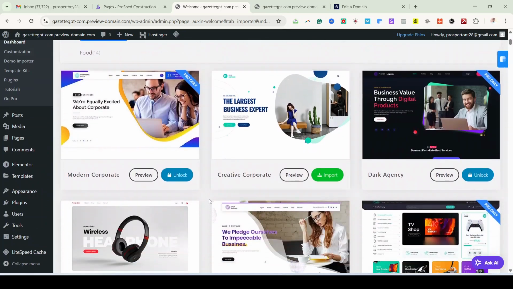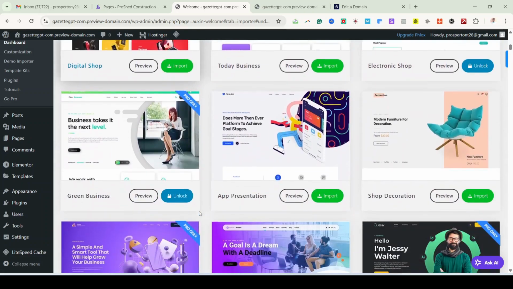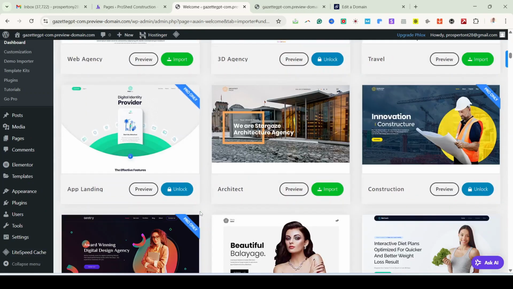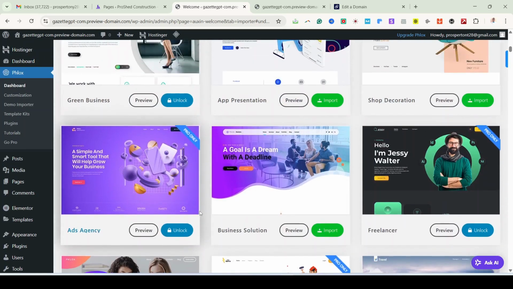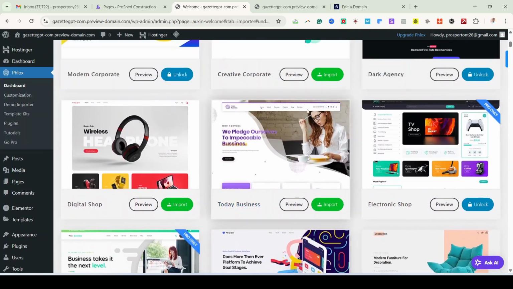If you look at it now, there are both free and paid demos that you can work with. You can see this one is for pro only. But let's look at the free ones. You can see this is free because there's an option to import. There are a lot of demos here, and that's why I love this particular theme. For this one, this is the business demo we are going to be making use of today. So what we do is go ahead and preview it. If you click on preview,